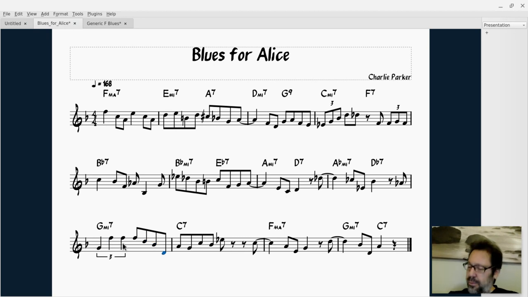This quarter note triplet is another kind of jazzy device there. And then these are all kind of ghost notes. It's again landing on a 13th, and then there's a root, and then we get this blue note. It's the first thing he's done here that's specifically blues language, using that minor third on a major chord, on